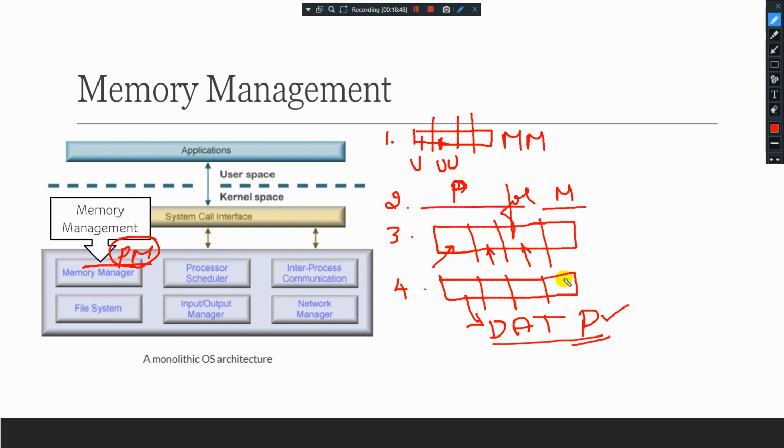Okay, next, memory management is primarily concerned with allocation of physical memory. When it comes to physical memory, it has a finite capacity, a finite capacity for requests by a process.